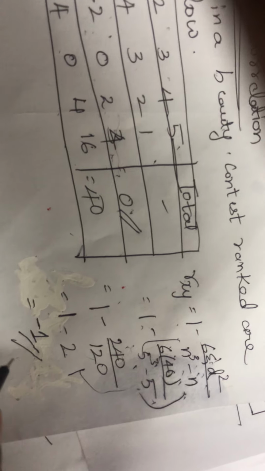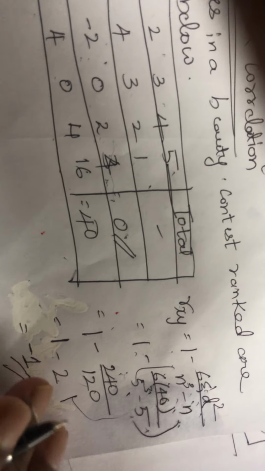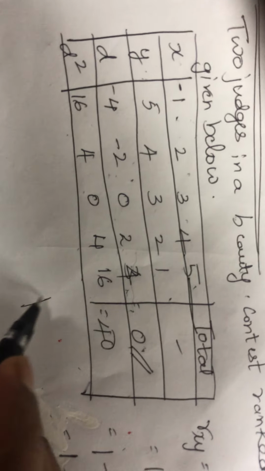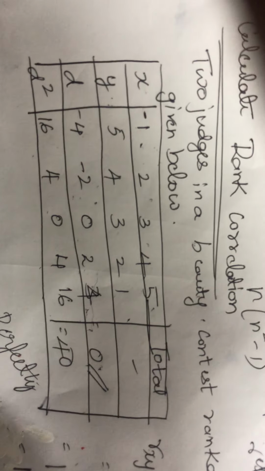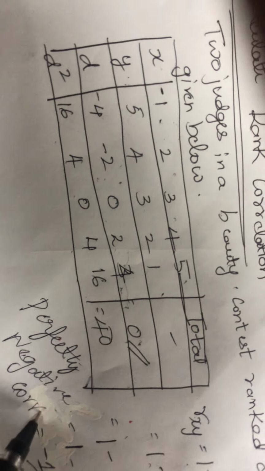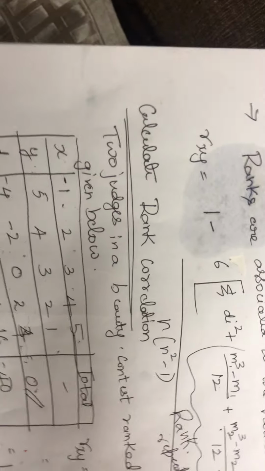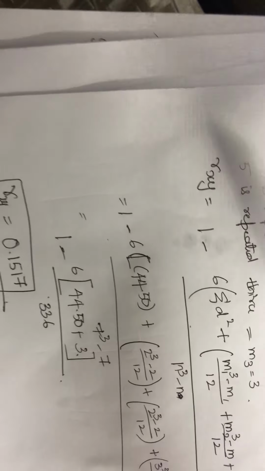If you simplify all, that becomes 1 minus 2, which is minus 1. Your R value is exactly equal to minus 1. We know that whenever the R value is exactly equal to minus 1, we can say it is perfectly negatively correlated. Yes or no? We have learnt how to say whether it is perfectly positively correlated or perfectly negatively correlated. In this case, as the R value is exactly minus 1, it is perfectly negatively correlated. So this is a simple scenario.